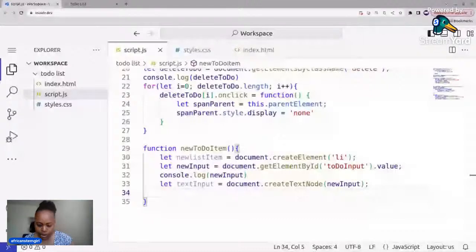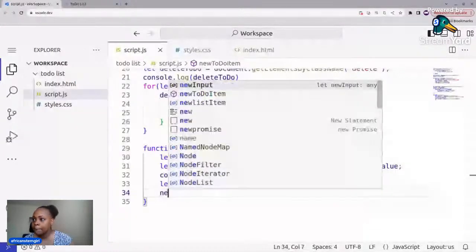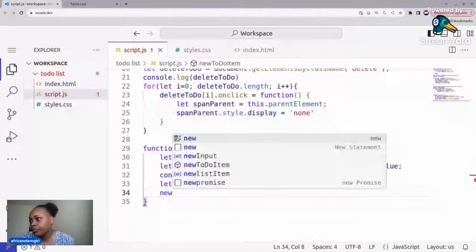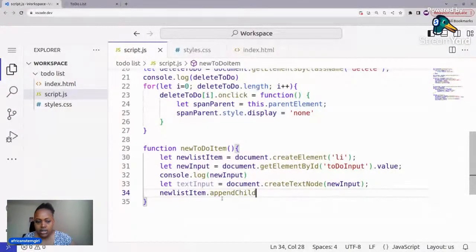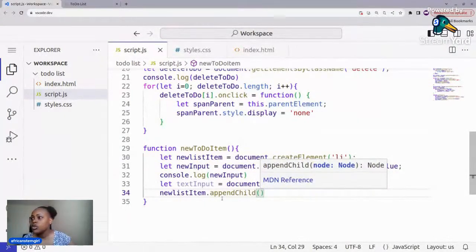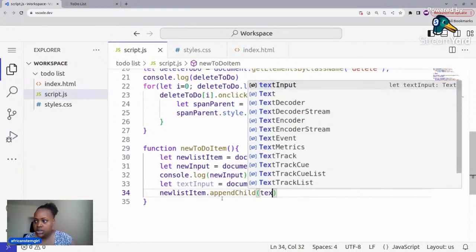So where we have new list item, and say dot append. So append just means adding it into brackets text node. So I mean text inputs,